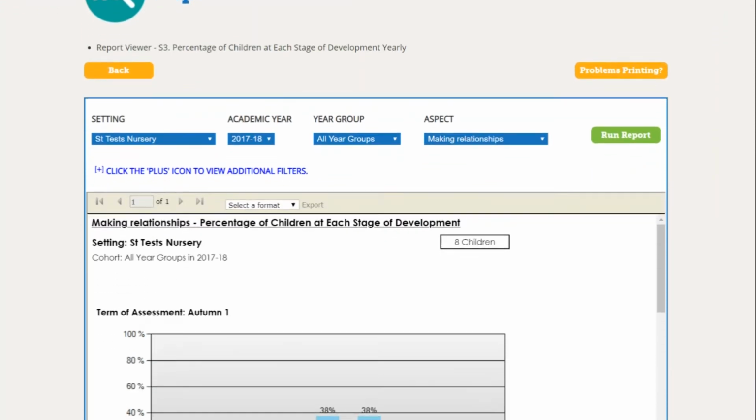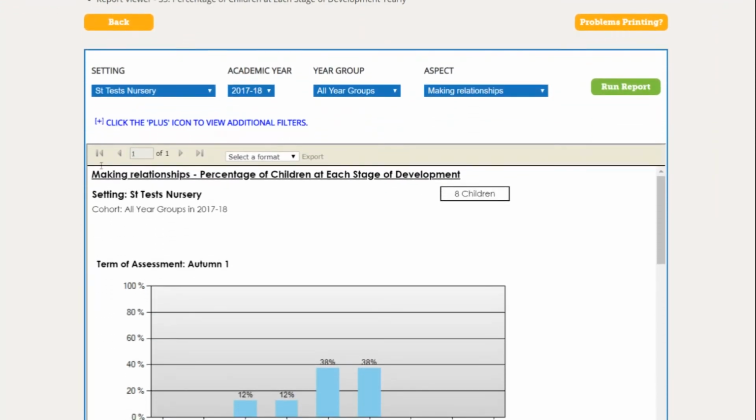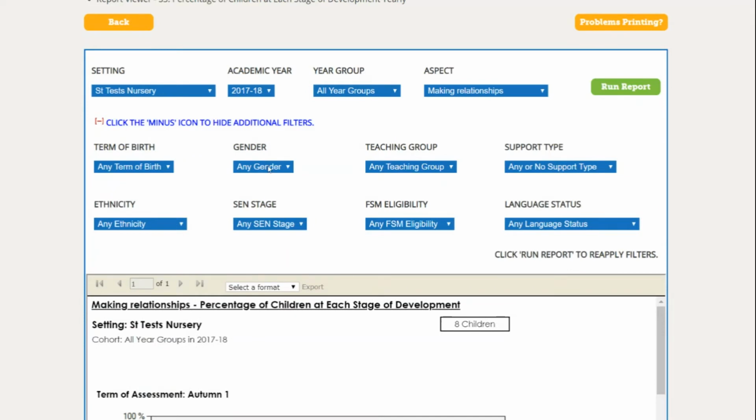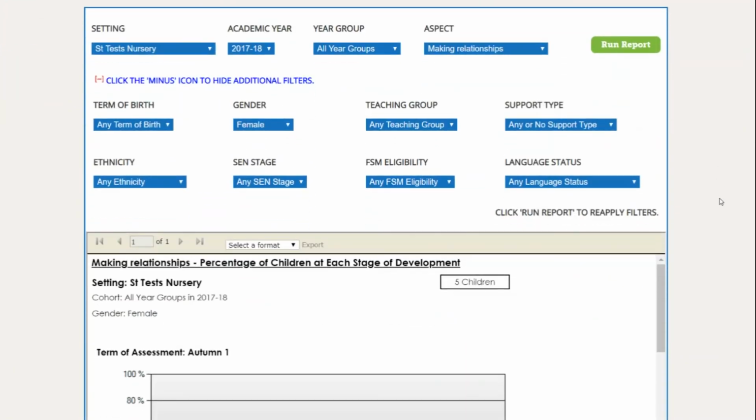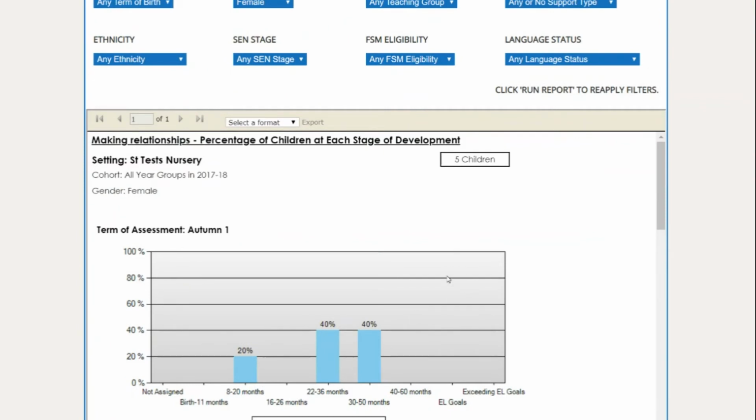So with this report, as with all the other reports, I can choose to filter it. So for example, here I'm looking at my autumn 1, I can see that 38% were at 30 to 50 months. I can click on my additional filters icon here, and now let's say I want to run that report for girls, and click Run Report, and scroll down again, and I can see actually for that cohort 40% were at the 30 to 50 month